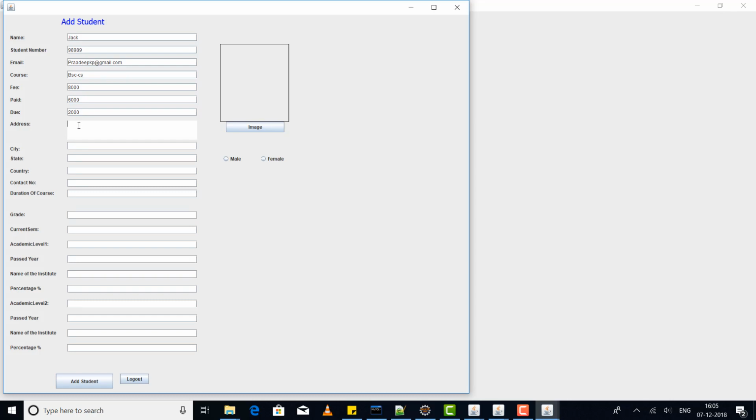And address I can say some first street, then city, some city name, and state, then country where the student is living in. Here I'm giving Zambia, and contact number, and student's contact number,